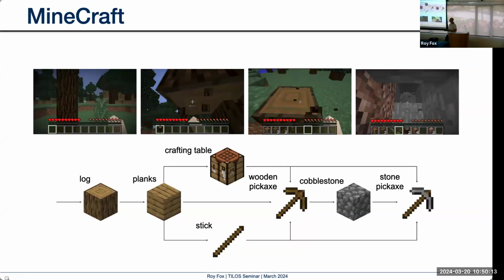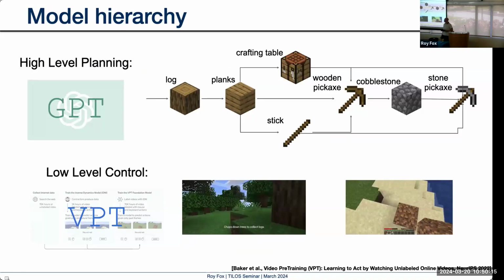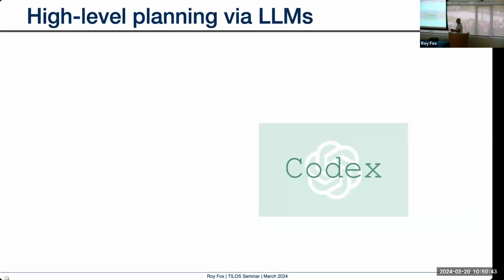It's hard to train it with just reinforcement. So here's what we're going to do. We're going to have a hierarchy. The low level is going to be VPT, video pre-trained, so it's sort of another foundation model, but it's pre-trained to perform low-level skills in this visual control task. The high level is going to be a language model that is going to tell us what this graph might look like and sort of guide us through the subgoals. So let's see how we generate it.